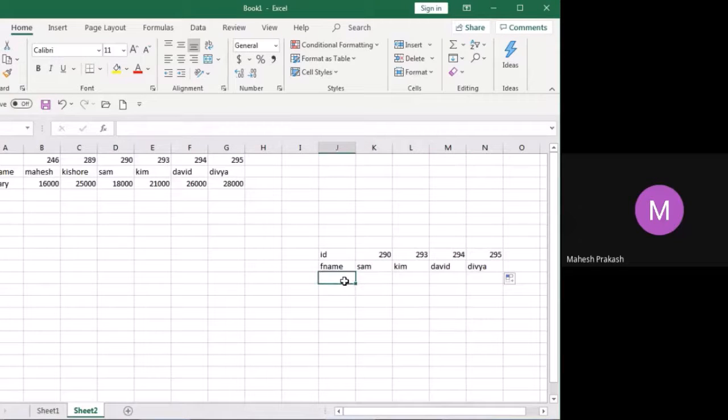Now if you want to know salary, enter salary over here. You can select this as well. You just need to drag this because once you enter the formula, you just need to drag it wherever you want and you'll get the data. So for a vertical table, you need a vertical table to search. If you want HLOOKUP to work, you need to have a horizontal table. That is what we have in HLOOKUP and VLOOKUP.